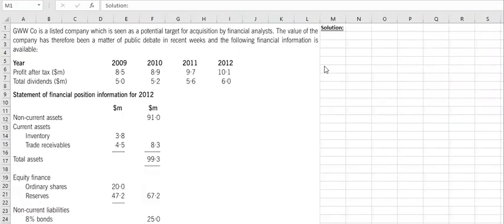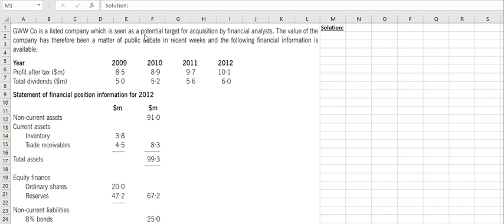Hello guys, I'm Ejaz Khan, and in this video we are going to discuss one of the specimen exam questions of F9 for 2014, GWW company. GWW company is a listed company which is seen as a potential target for acquisition by financial analysts. The value of the company has therefore been a matter of public debate in recent weeks, and the following information